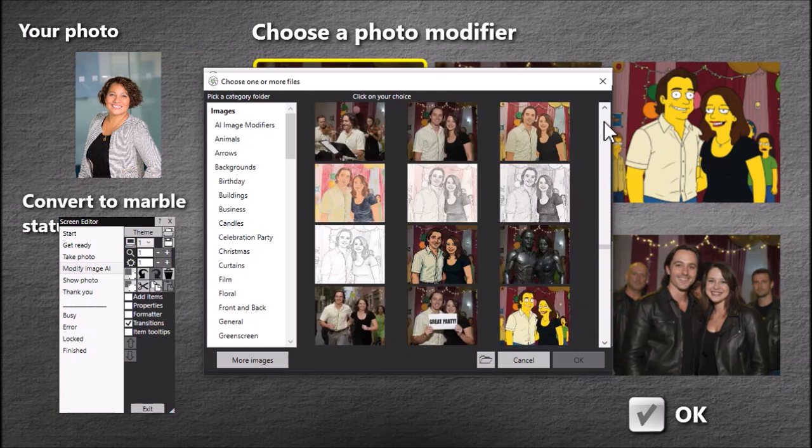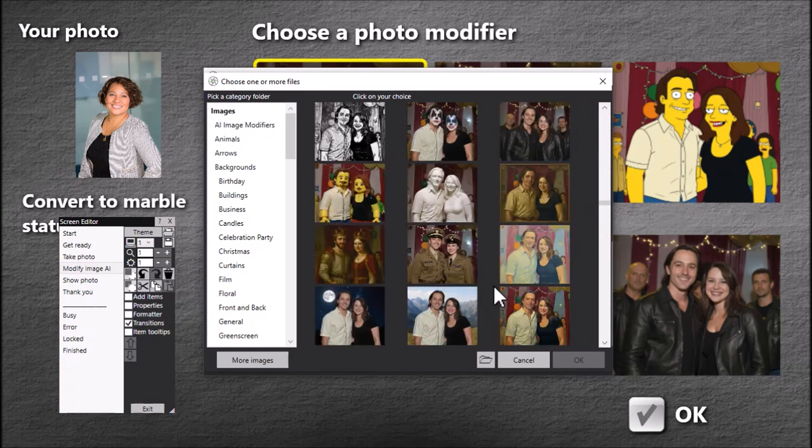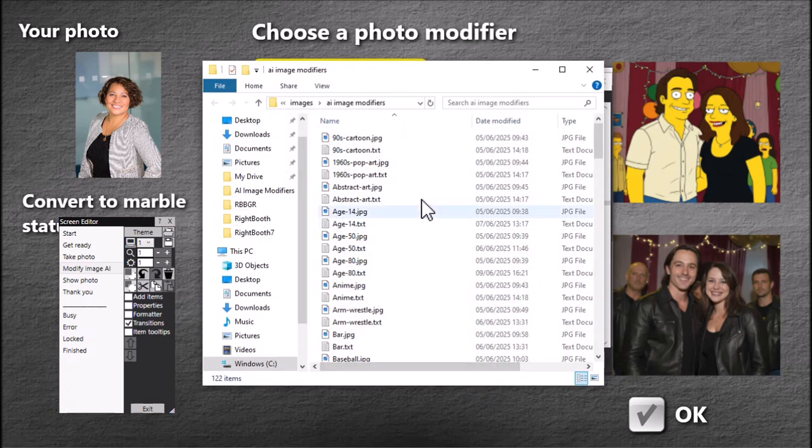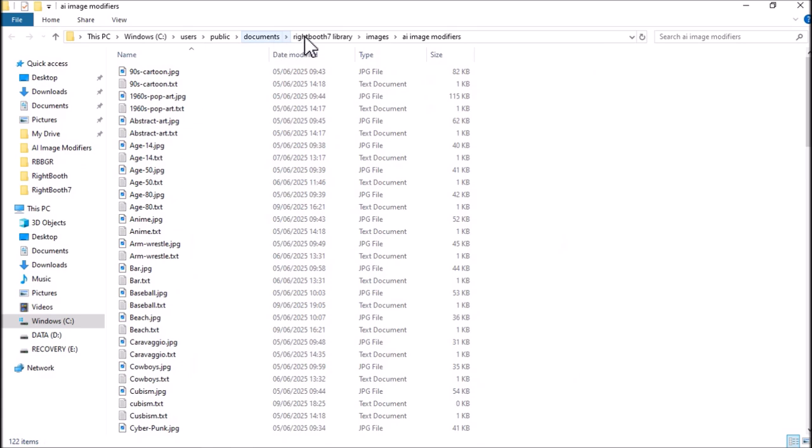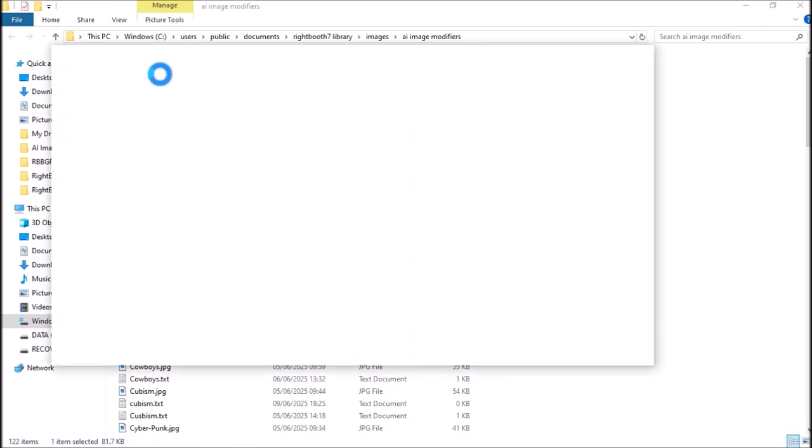But what about if you want to create your own images and associated text prompts? Well, the way to do that is to, if you just open this folder here, this is where all the images exist in the media library. So that's in the RightBooth 7 library, images, AI image modifiers folder. And as you can see in here, we've got the images, but we've also got a text file that's associated with each image. So this image is 90s cartoon JPEG,